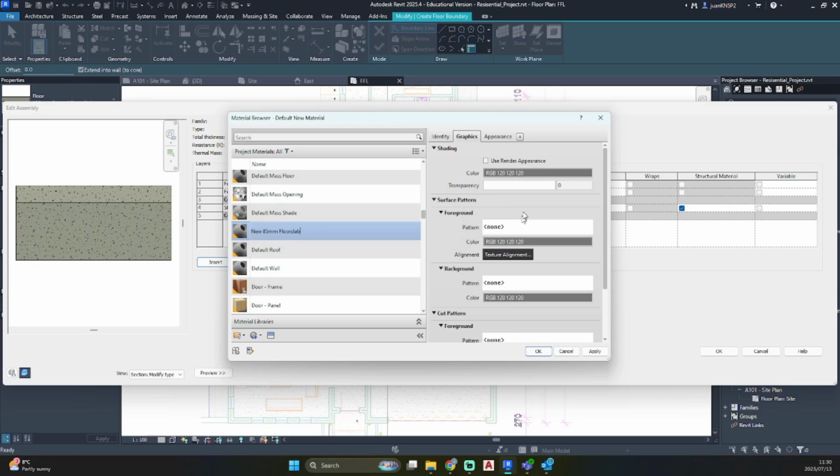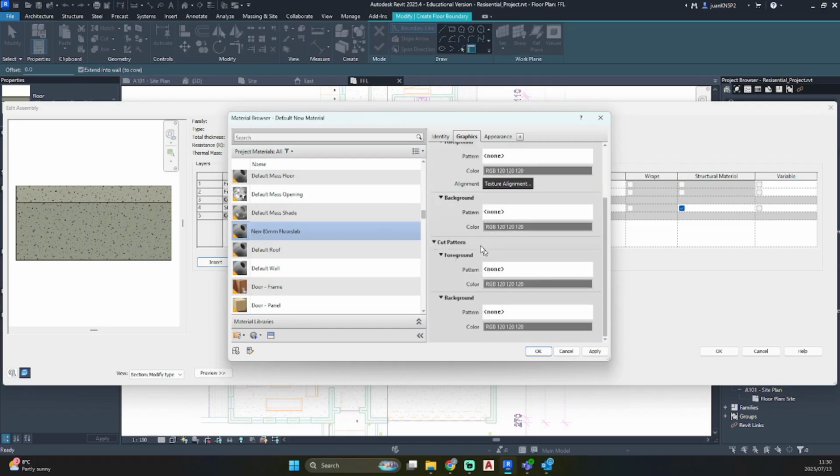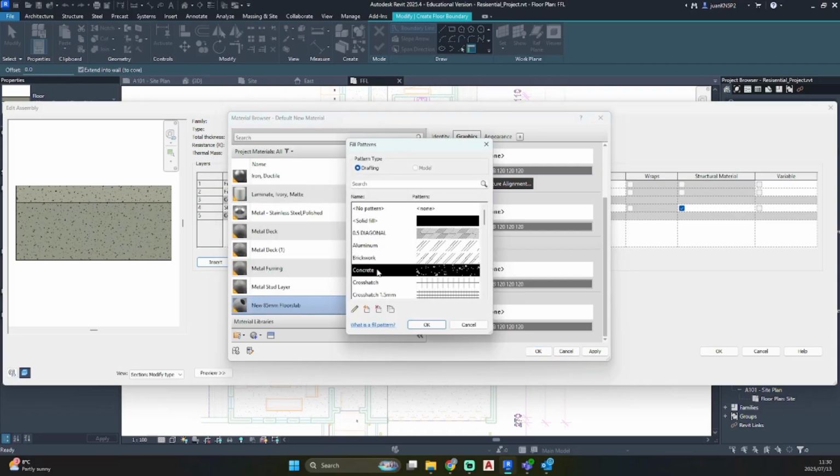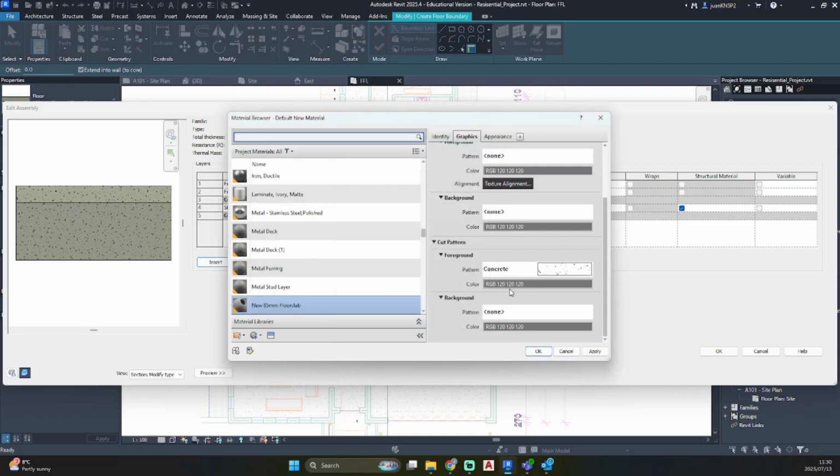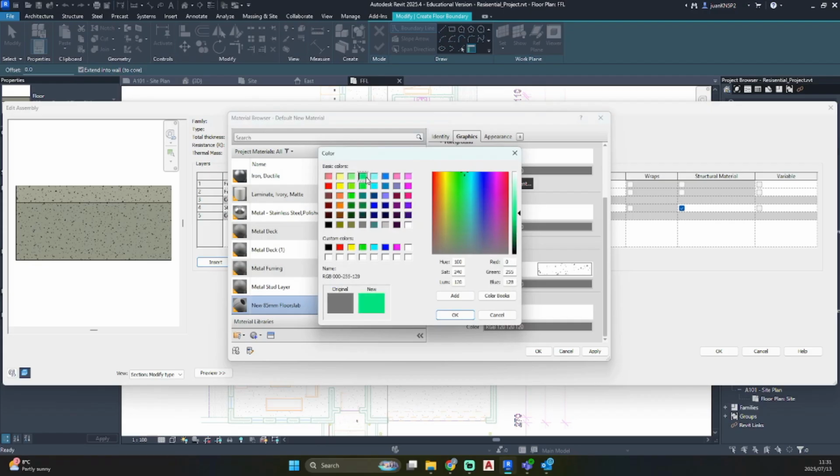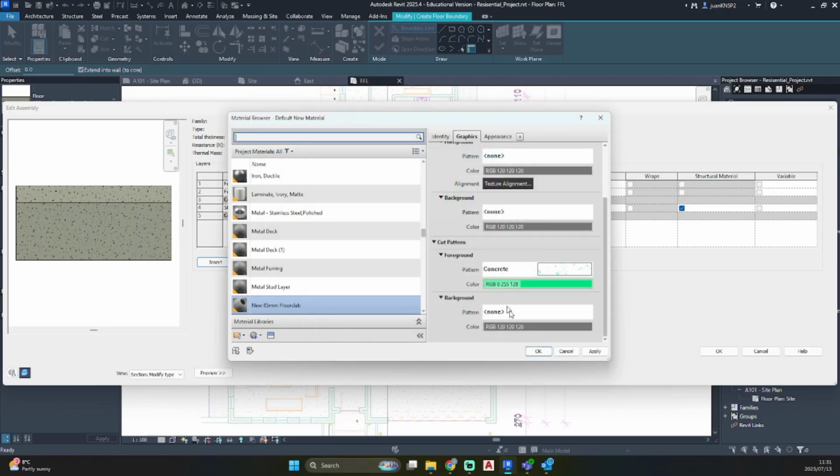Then we'll go to surface pattern can remain on none because we are not going to see the surface of our floor slab because there is a screed on top of it. But we are going to see the cut pattern when we draw in our section. So let's go foreground, concrete, okay. Let's change the color to green because new concrete should be indicated as green as per South African national standards. And if we hit apply and okay,